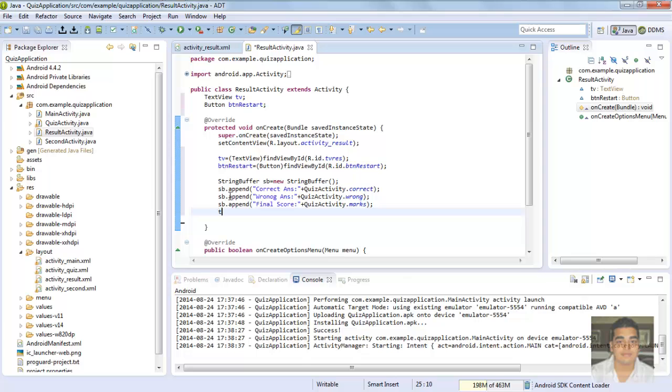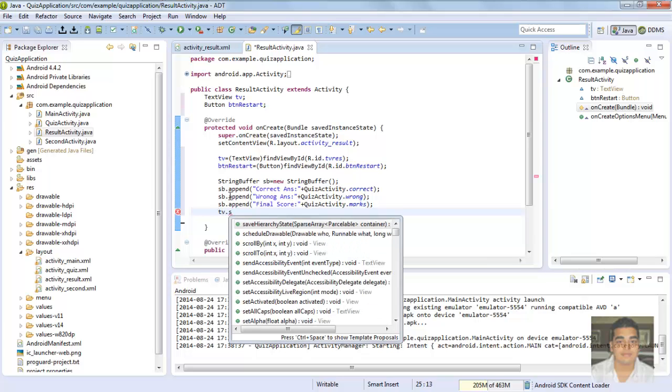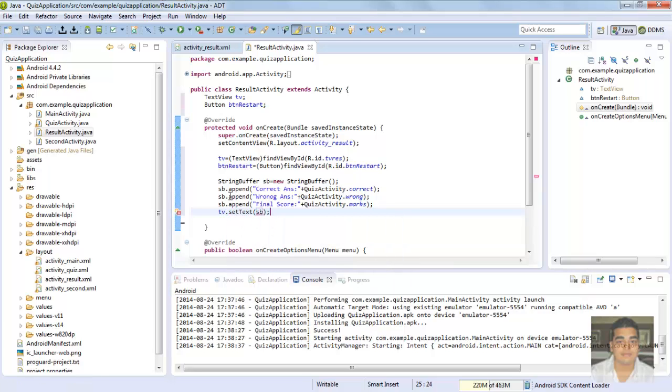After that, text view dot set text. Inside, just pass the object of string buffer and set the quiz activity dot